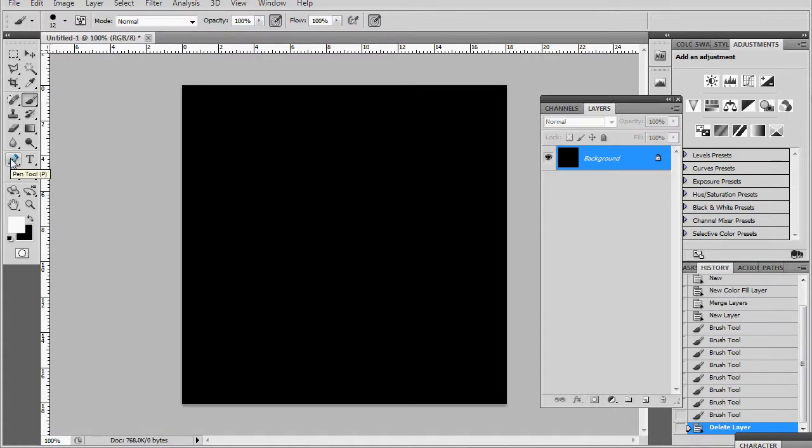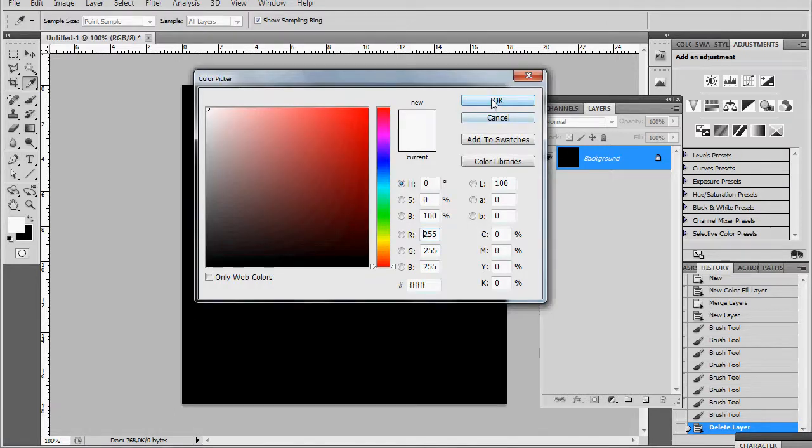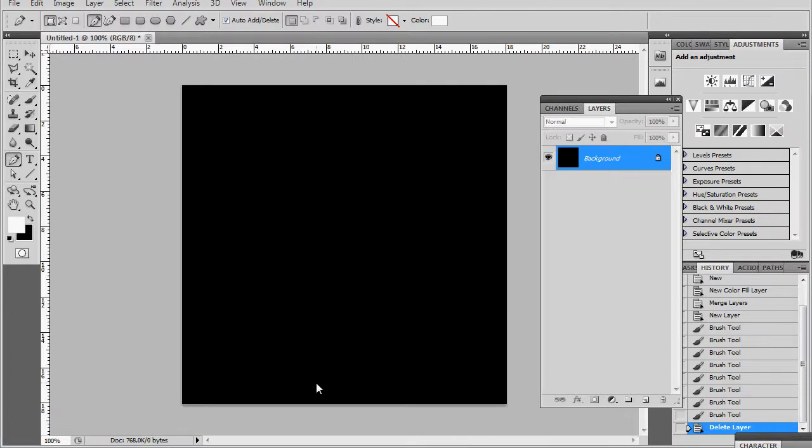So we have the pen tool and we start drawing. This will be your main shape, and we're going to repeat that a lot of times. So color, this is very important. Color has to be pure white, and here we go. So we do like this, one here, and then one,